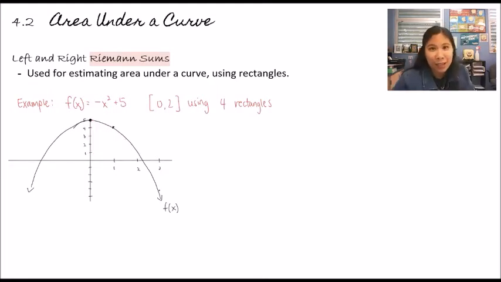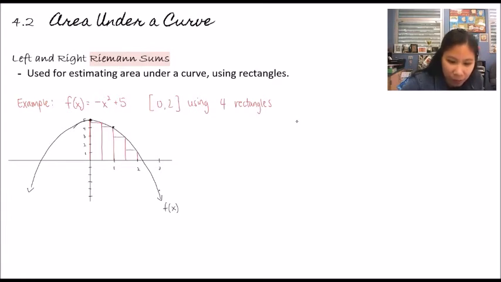All right, so instead of just finding that straight up area, because I don't know how I would do that, I'm going to use the Riemann sums and rectangles to estimate that area. So when I say using 4 rectangles, if I'm looking at x values between 0 and 2, splitting that up into 4 rectangles, we want those 4 rectangles to be the same width. So I could draw rectangles like this, but then the top of the rectangle, that's where I have to adjust a little bit, because we can draw in rectangles like this,